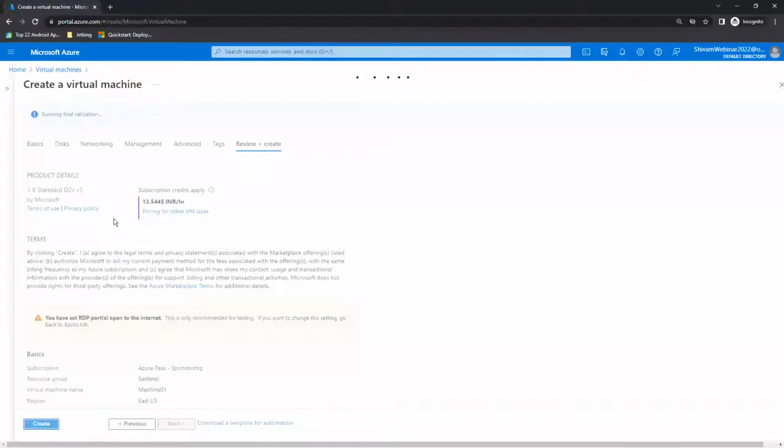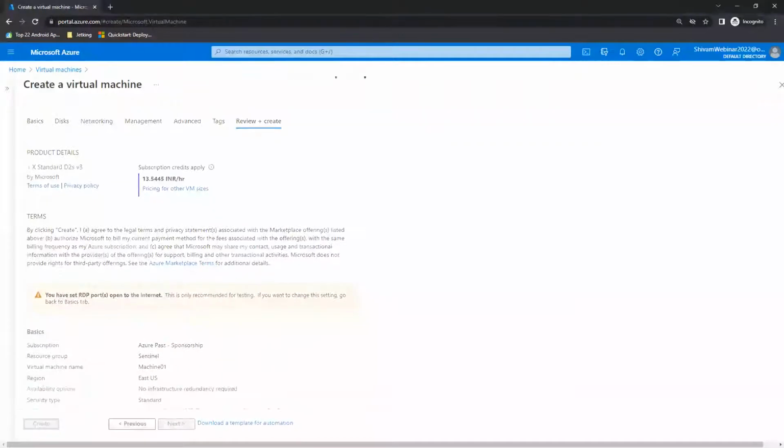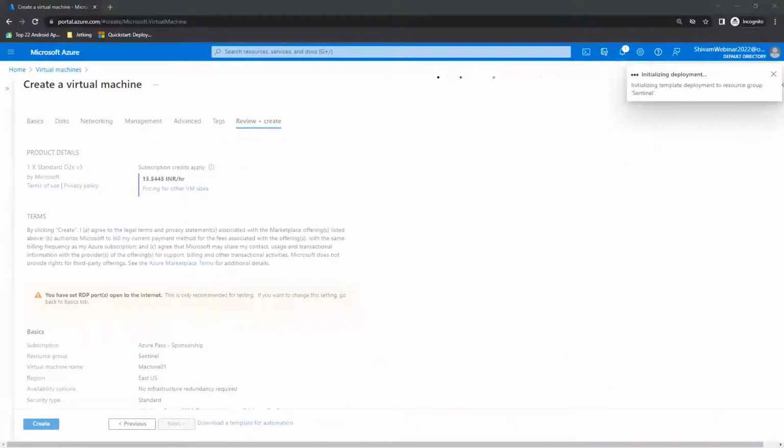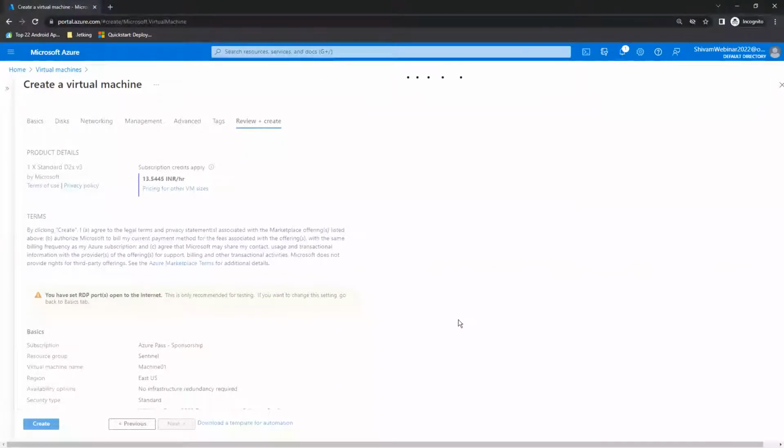And once the validation has passed, we can hit that create button again. Let me go for create. Okay, while it is creating, let me go to another portal for the Sentinel environment so that